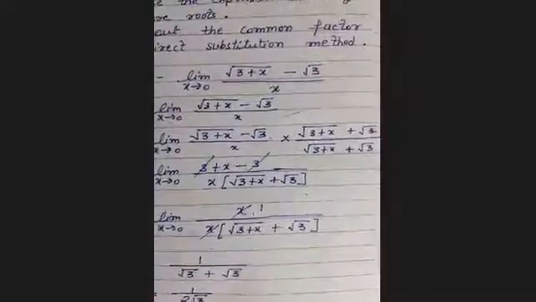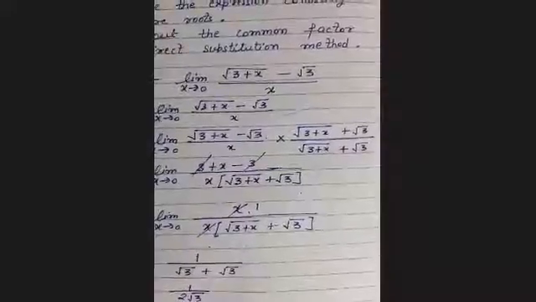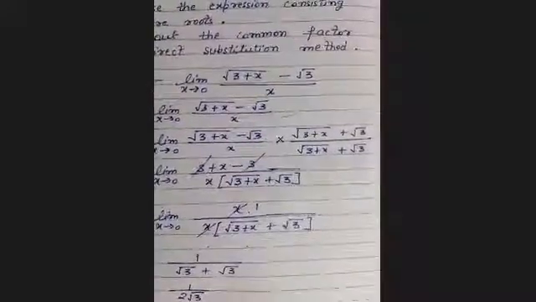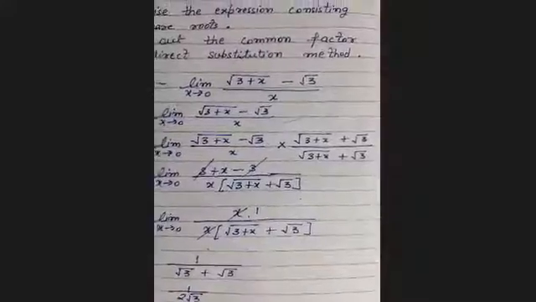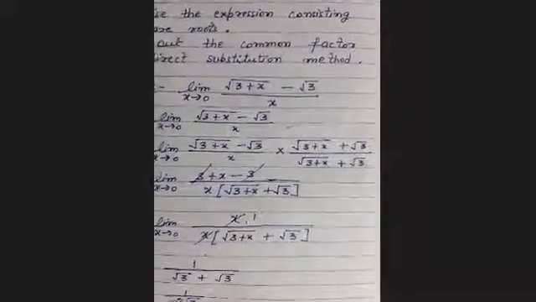Means we are rationalizing the numerator, cancelling the common factors, and then applying the limit, we get the limit of this function. Similarly, we will continue in the next question. Next question is limit x tends to 0, x upon root of (a plus x) minus root of (a minus x). If we apply the limit directly, the numerator will be 0 and the denominator will be root a minus root a, means 0. Means it will become the 0 by 0 form. Means it is not possible to apply the limit directly. That's why again we have to rationalize.